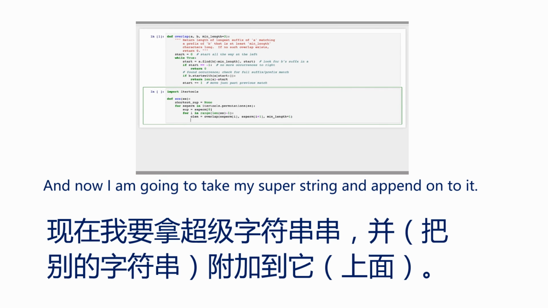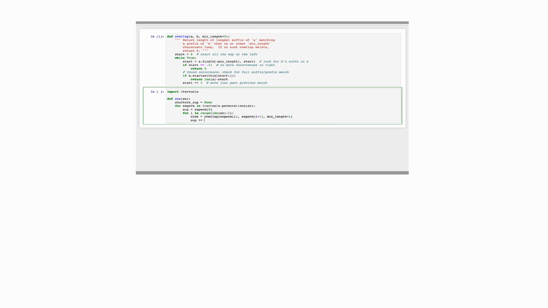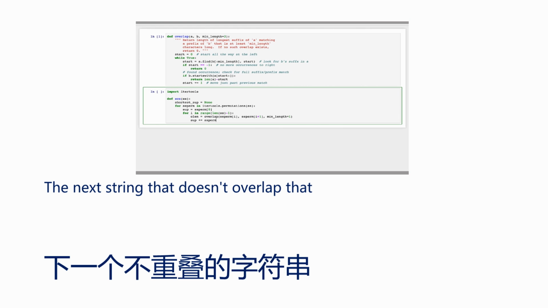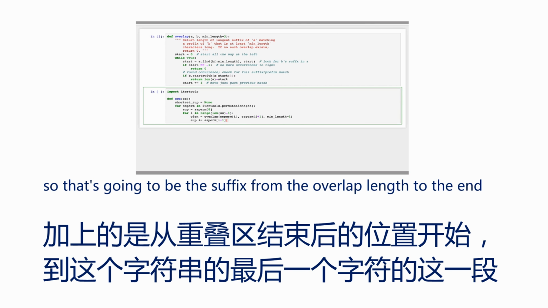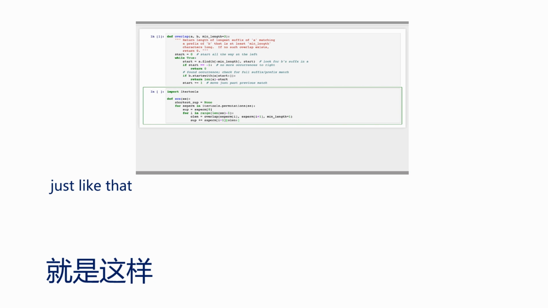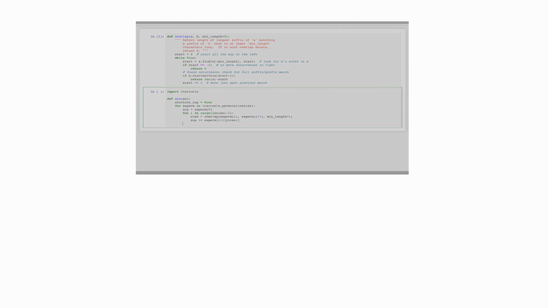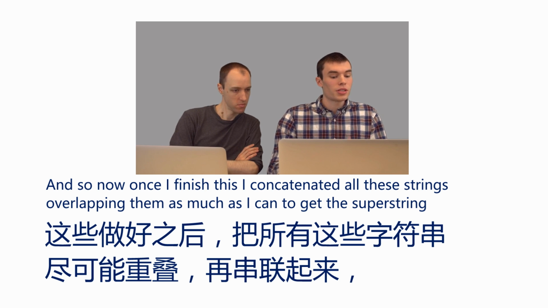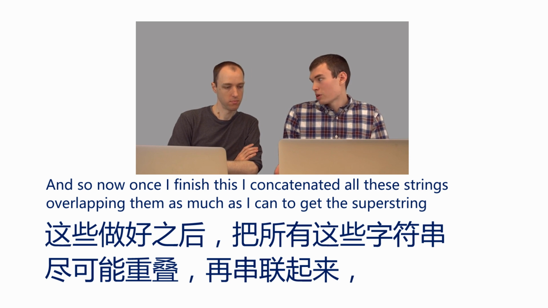And now I'm going to take my superstring and append onto it the part of the next string that doesn't overlap that. So that's going to be the suffix from the overlap length to the end, just like that. And so now, once I finish this, I've concatenated all of these strings, overlapping them as much as I can